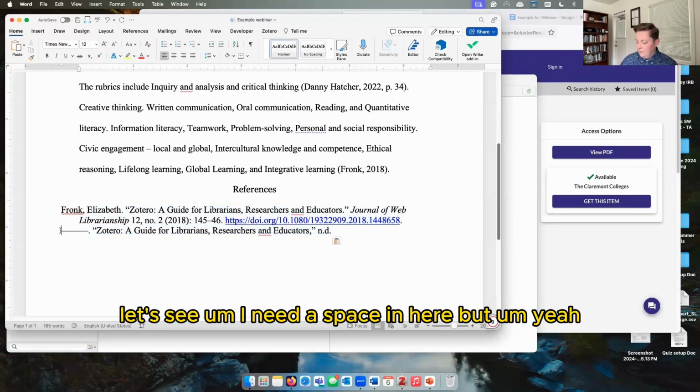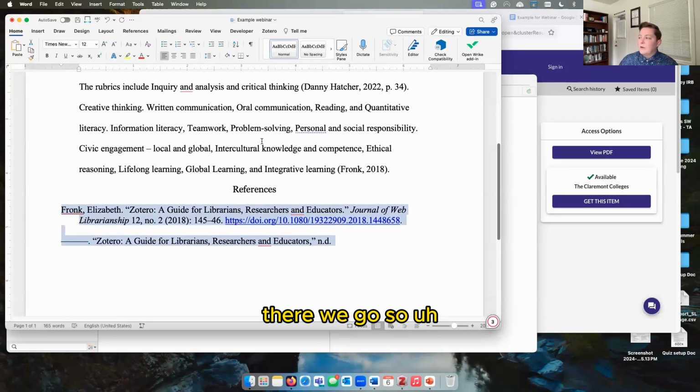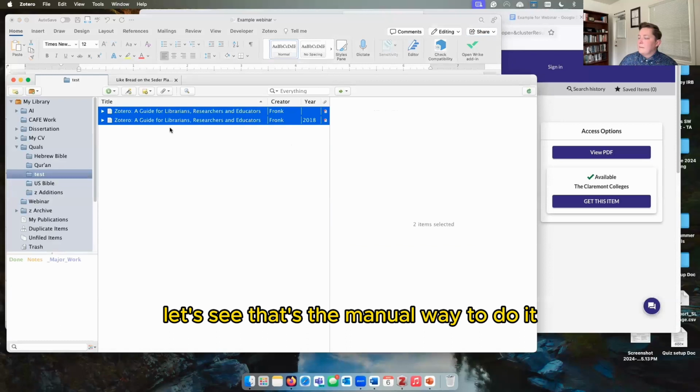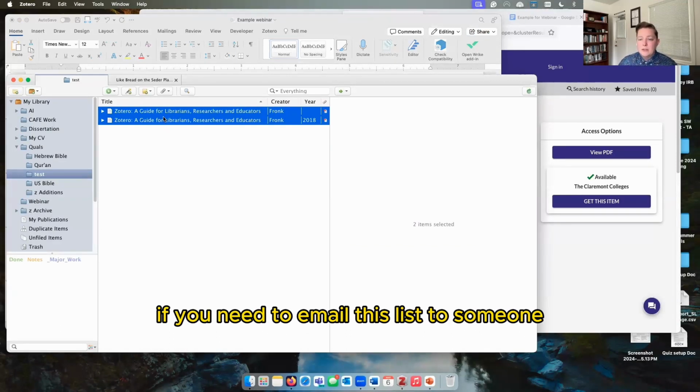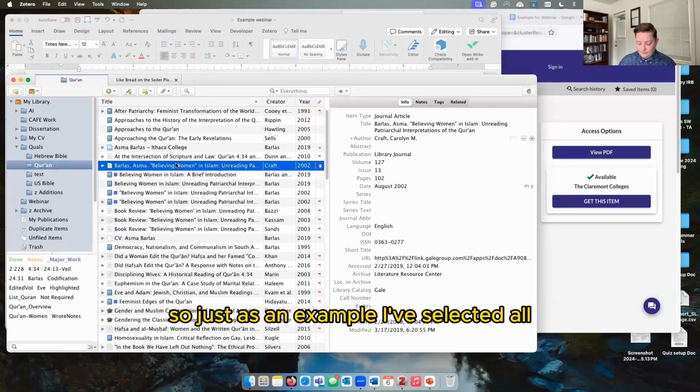I need a space in here, but there we go. So let's see. That's the manual way to do it. This is also really nice if you need to email this list to someone. Like I said, these can get really long, right? So just as an example,